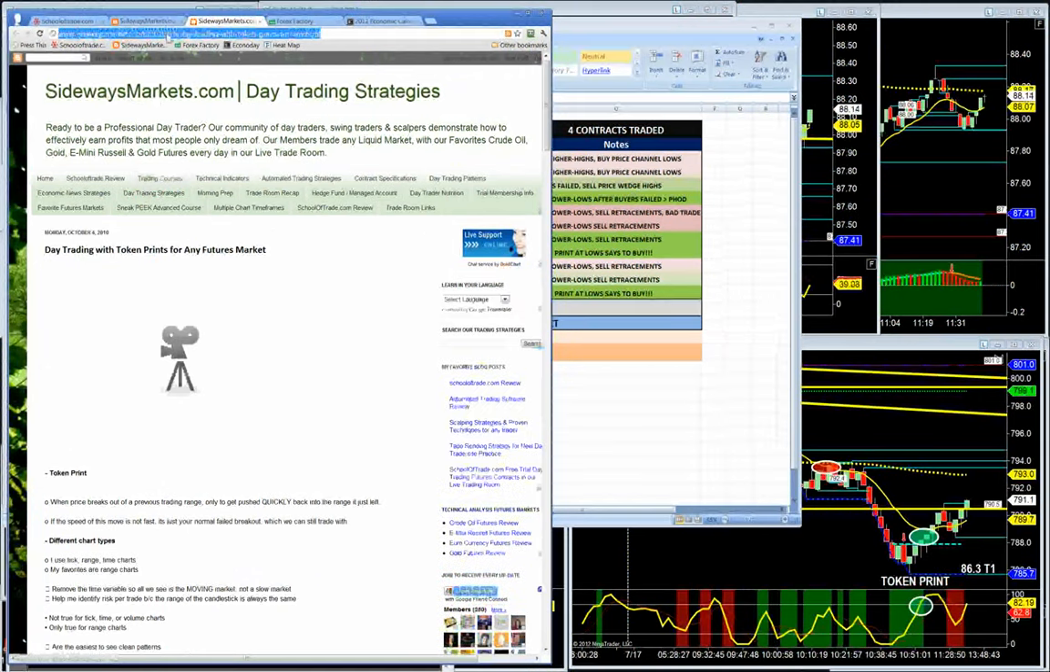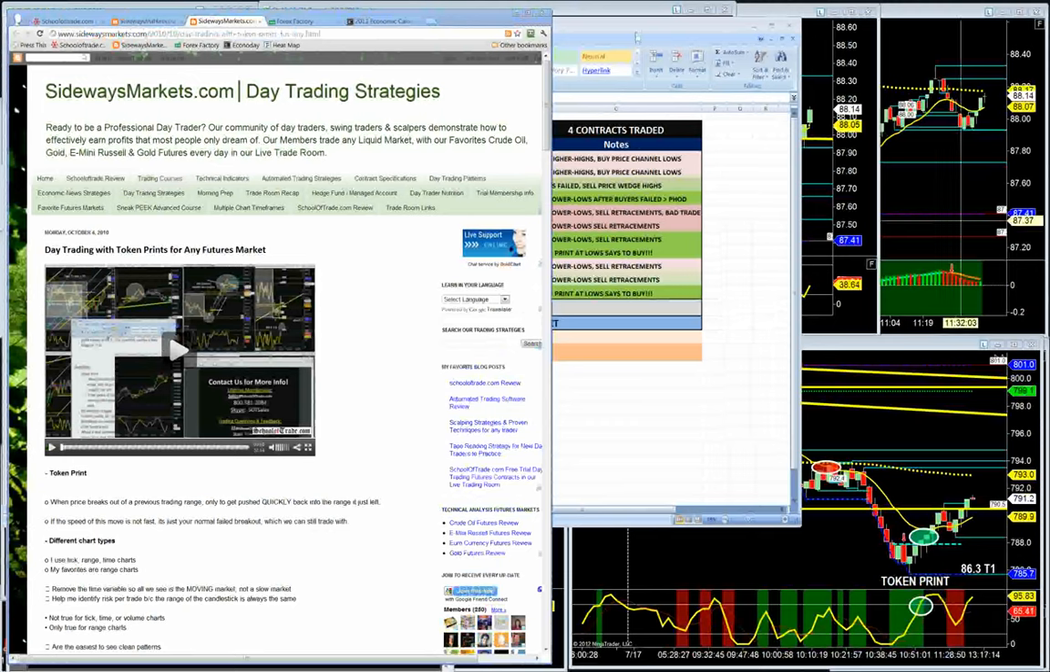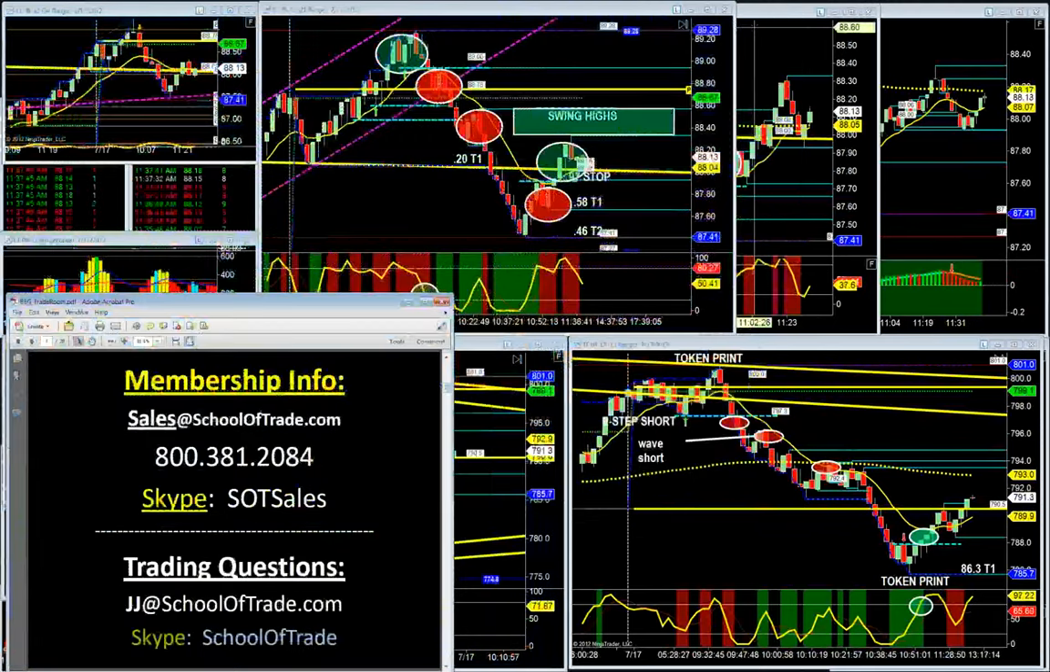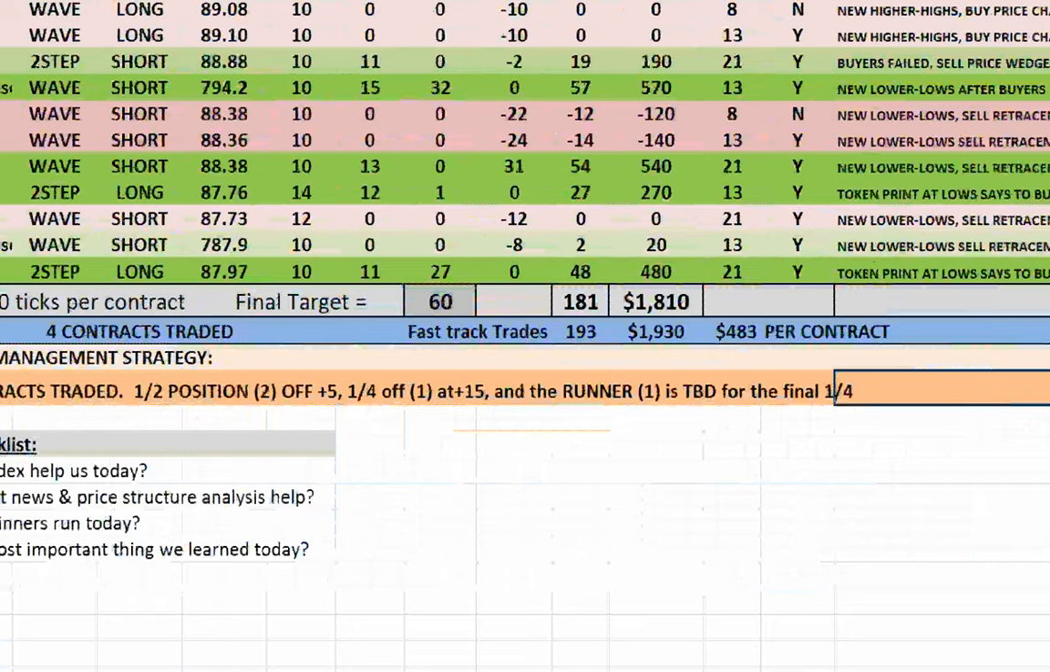So here's a detailed review of a token print. Okay, there's a token print, and we use this flawlessly today. It was a great example. Now, we actually got two token prints today. We got one on the Russell, and we got one on crude. And this definitely helped us because we got a token print at resistance on the Russell, which told me to get short. And you can see here on the Russell,